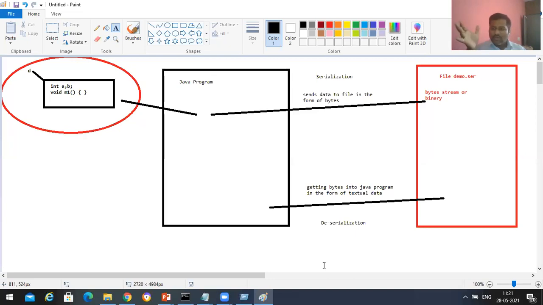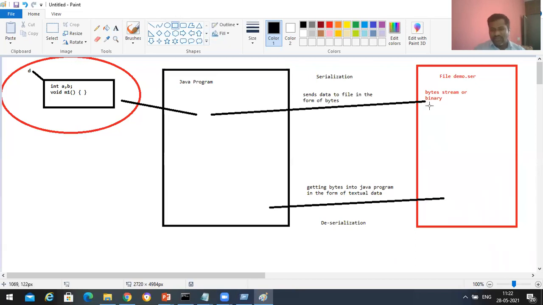Serialization. We are not in a position to understand that data, students. When we are sending the data in the form of bytes to a file, and if you open that particular file, we are not in a position to see the content of the particular file also. But when you are taking the data from file to Java program, and we are taking bytes format of data, and in between we are converting the bytes format of data into textual data, and your Java program will get that data in the form of object. For example, we'll be taking this object A contains some value 10, B contains some value 20, and there exists some method called A, and this information will be sent to Java program, and this Java program is going to send the data